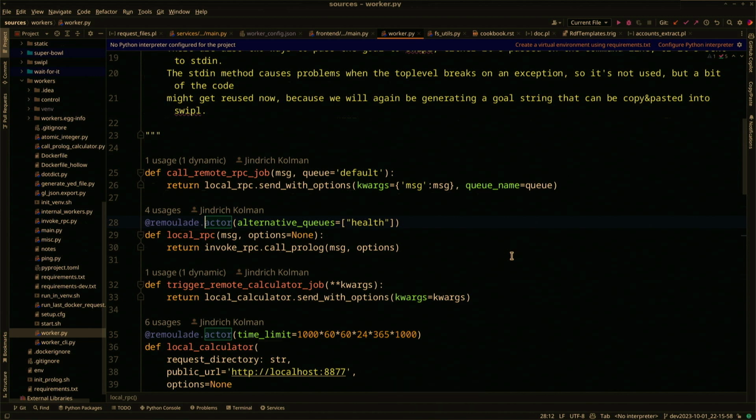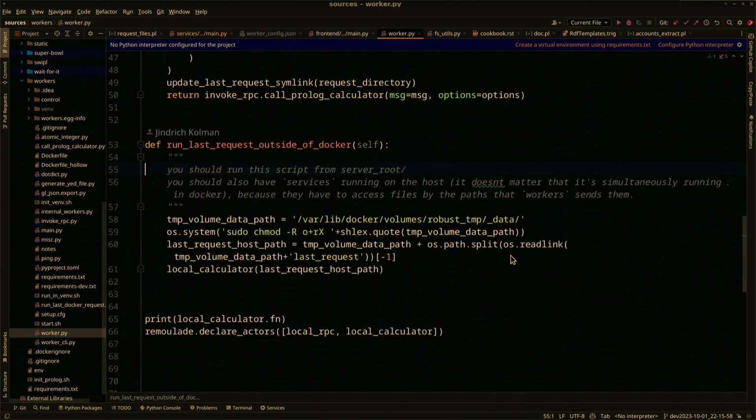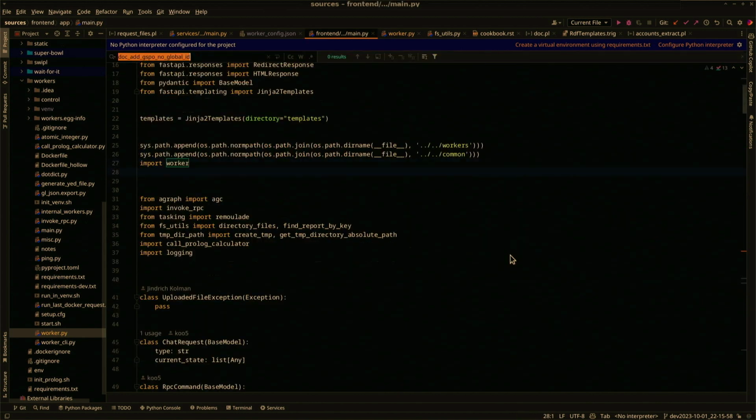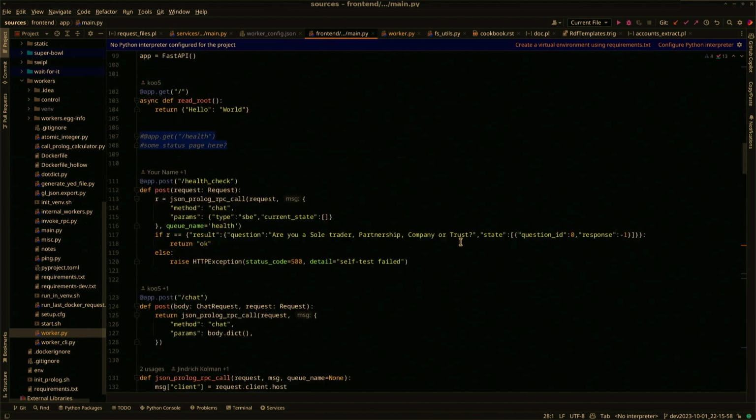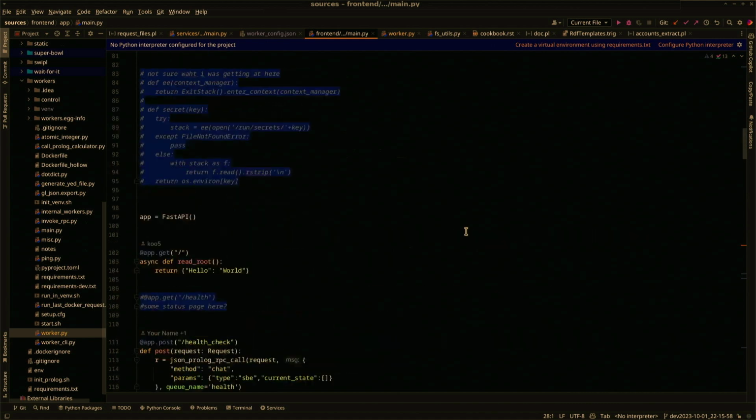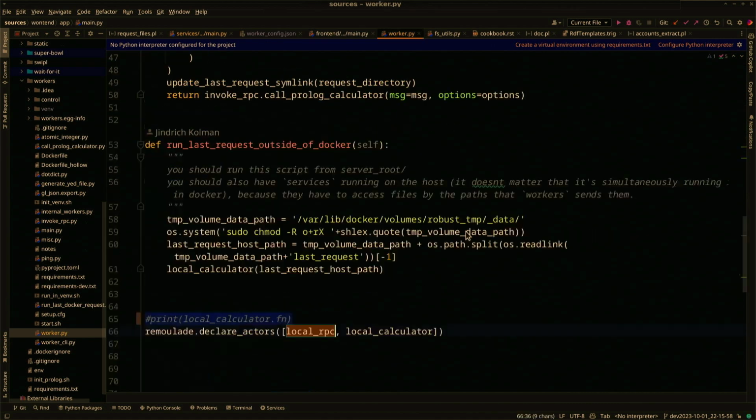And when the thing is annotated as an actor, well, there's more to it. We actually have to go and declare the actors. And well, we use them somewhere farther down. But the main takeaway is that the worker module gets imported into the front end